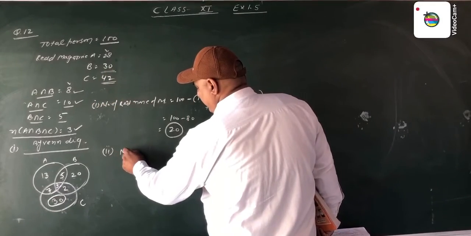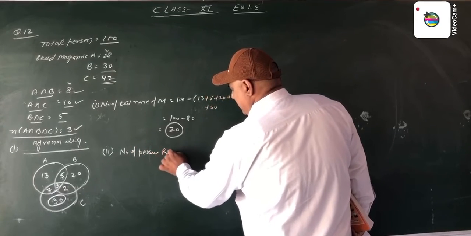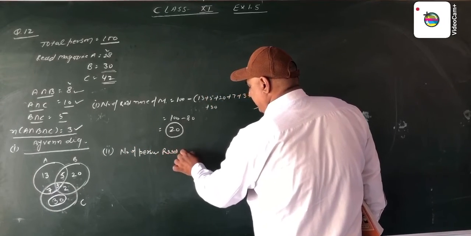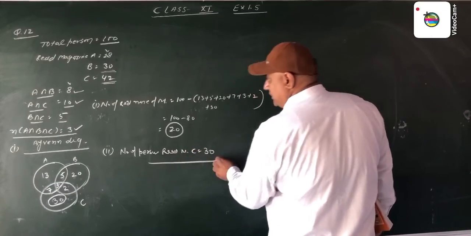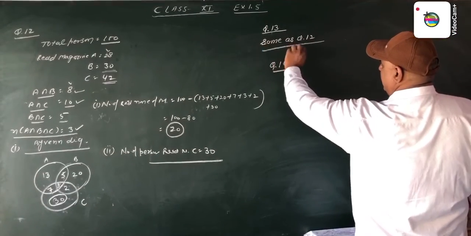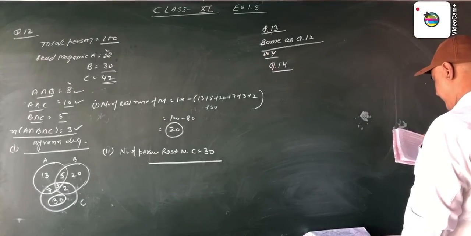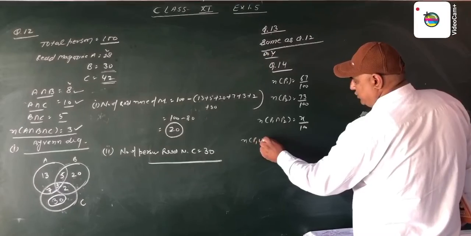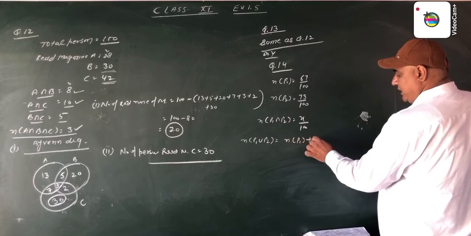Number of persons who read magazine C only, magazine C, so then these persons are 30. This is your question. It is the same as question number 12. Do it yourself. Now question number 14 says that in a survey, n(P1 union P2) is equal to n(P1) plus